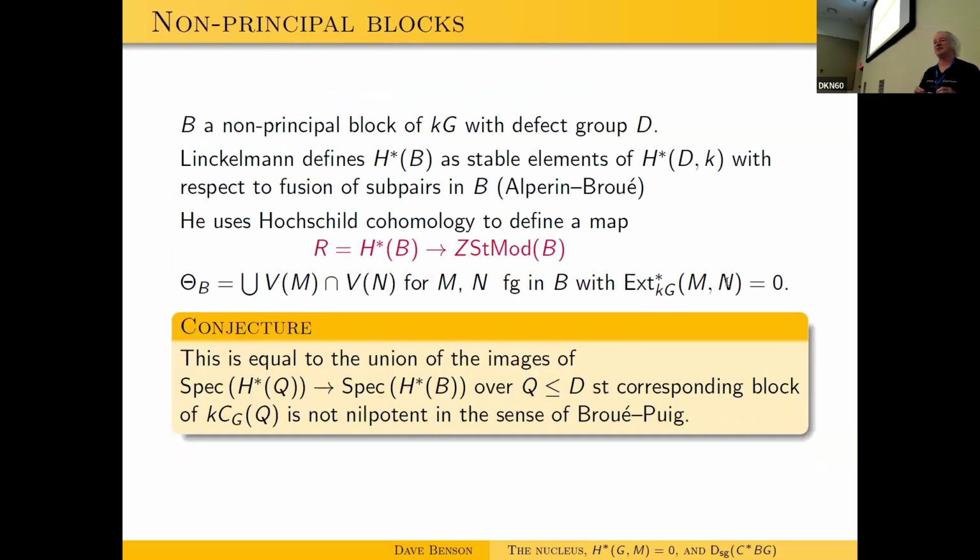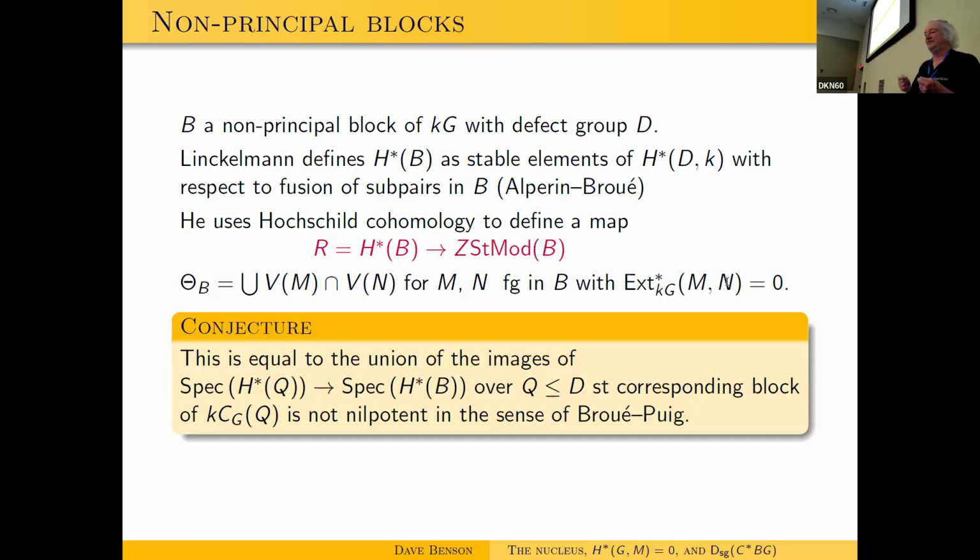Okay, so what do you do for non-principal blocks? If you follow through what that definition gives you for a non-principal block, it does the following. A block has a defect group. This is a certain P subgroup of the group that controls what's going on cohomologically in the block, and actually representation theoretically too. This concept goes back to Richard Brauer, and I'm not going to define it for you.